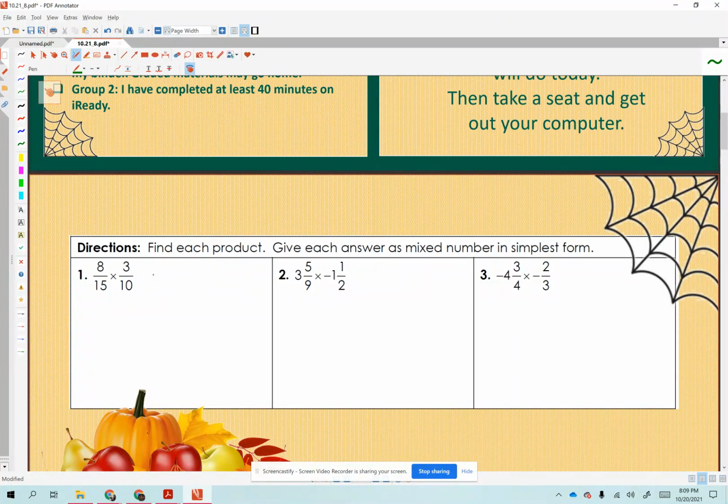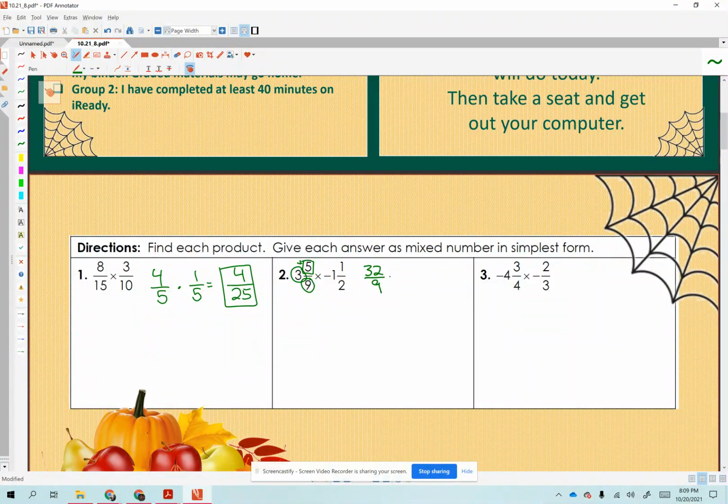So let's put that answer on the other paper. I hope you showed your work. We ended up with 4/5 times 1/5, which equals 4/25. Okay, in number 2, we need to convert 3 and 5/9 to an improper fraction. Right now, it's a mixed number. So we do 9 times 3 is 27, plus 5. That would be